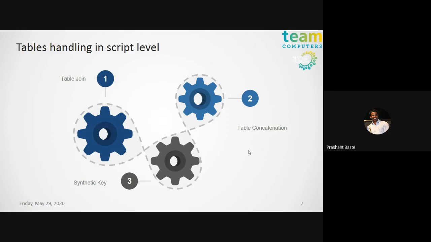That is the reason I'm telling you again: please understand the concept of primary key, how the two tables are joining to each other, and how the behavior of left join, right join, and inner join works.